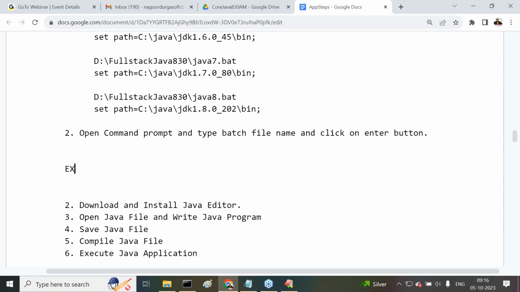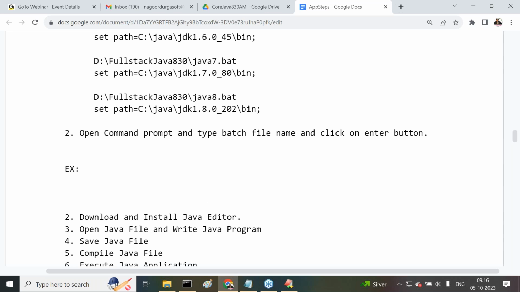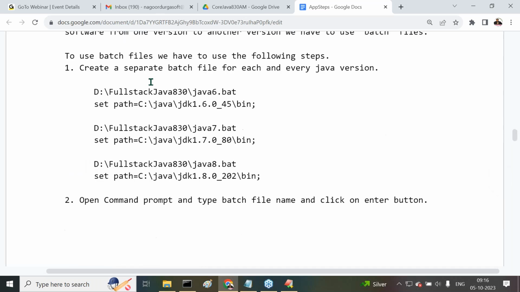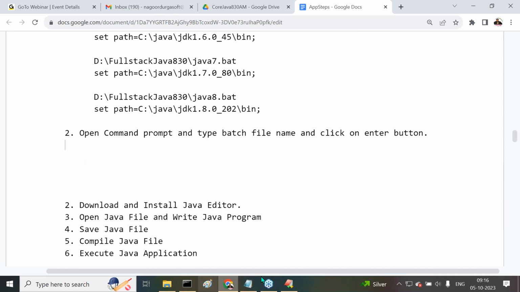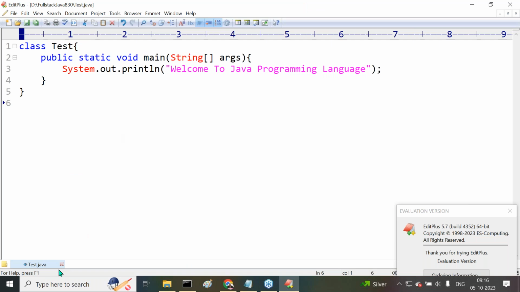Right, so now let me check this batch file example. Try to recognize this clearly. No need to go for this example here, as the batch files are already available. I need to show that point programmatically. All of you observe carefully. Say for example,